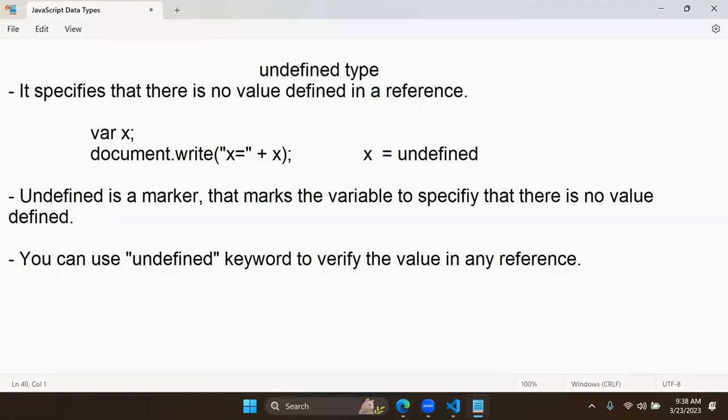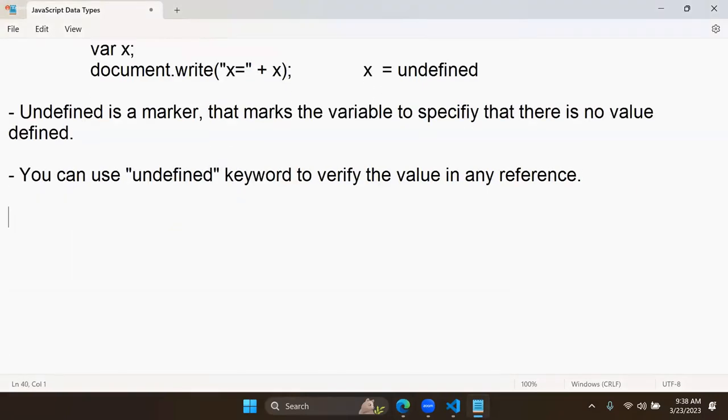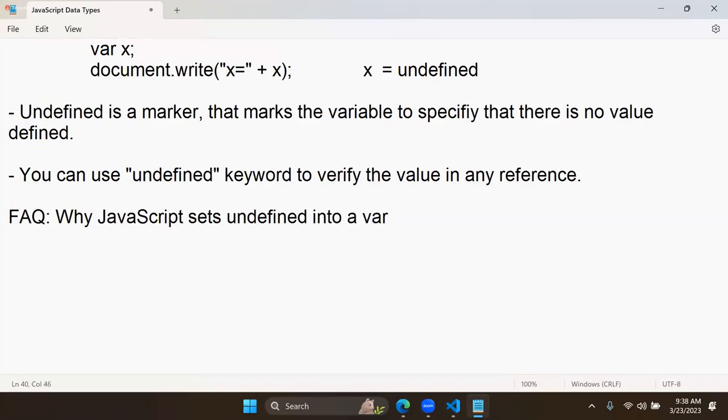So what should be your answer if anyone asks why it returns undefined? The question here is, why does JavaScript set undefined into a variable? Because the answer is, as it is implicitly typed,